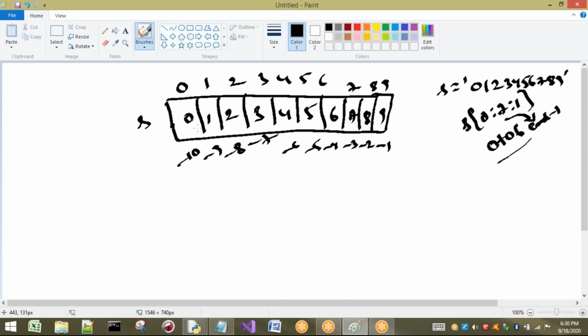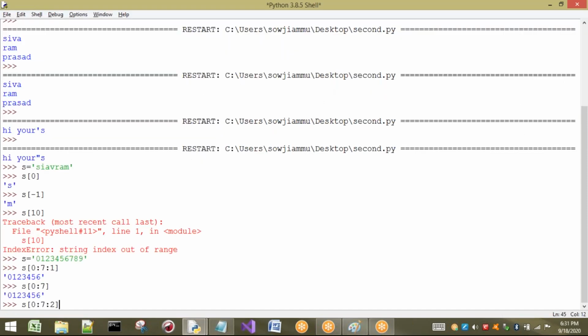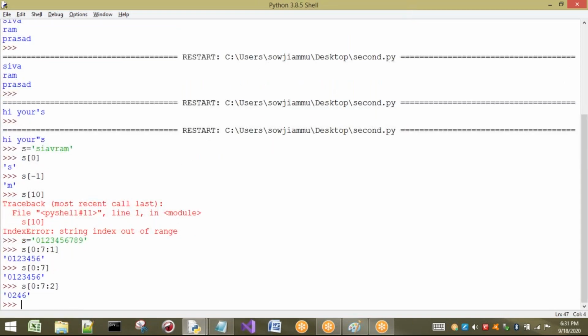Observe here. First it will print 0. One step means it will go to 1. So now what is the step I have taken? 2. One step means it will go here, and the second step means this is one step and this is the second step. So it will go to 2. Again from here, first step is 3, second step is 4. That means 2 will directly go to 4. It will not print 3. In the same way for 6 also. Okay. Now see what the answer is: 0, 2, 4, 6.